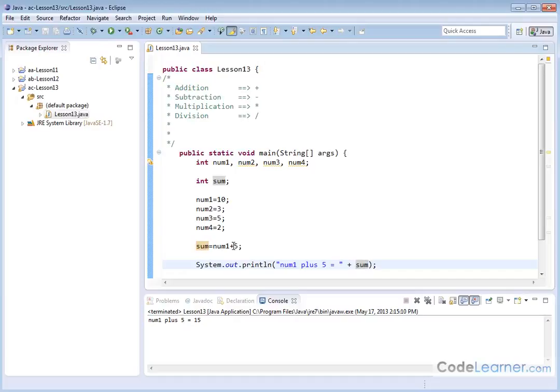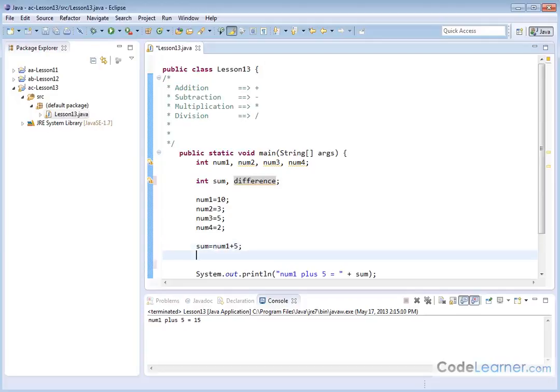So you see, add, subtract, multiply, divide becomes a fairly trivial thing here. Let me go ahead and create another variable, so we can just sneak right into here and put difference like that. That's another integer variable named difference. So I'll say difference is equal to, let's take the num3 variable and let's subtract from it the num2 variable. So here, in the first case, we were just adding a constant number. Here we're taking two different variables and we're subtracting them. The num3 variable minus the num2 variable. Right? So 5 minus 3 is 2,